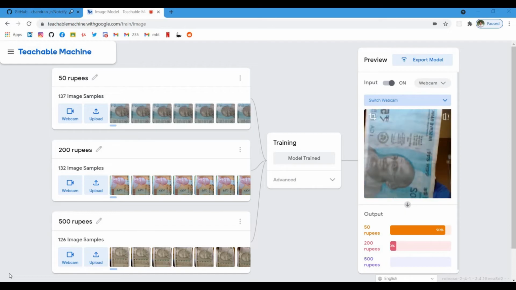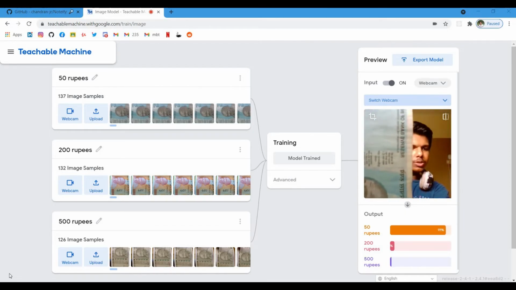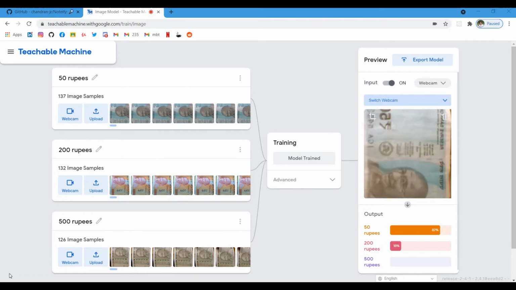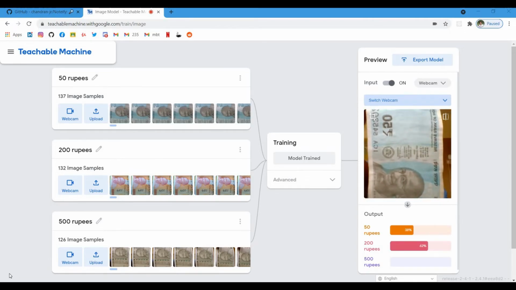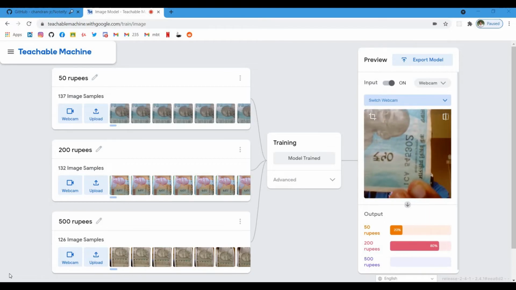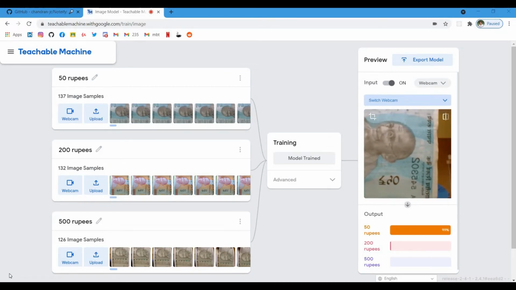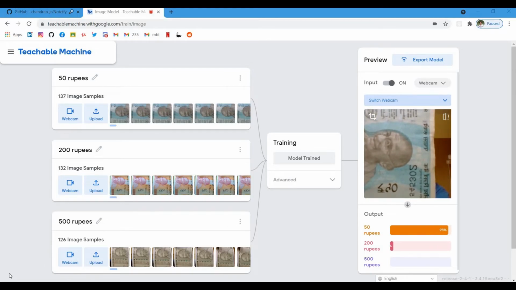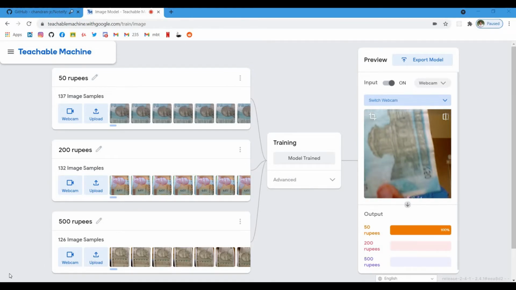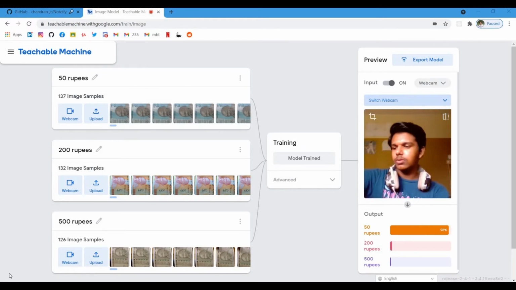So let's just show it to the camera, and immediately you can see that the 50 rupee note percentage is going really high. If I flip it to the camera, you can see that, wait a bit, you can see that it's flickering at 90 or so. Let's just try the back, and you can see that it's showing 100% right now. So let's just try the 200 rupee note.